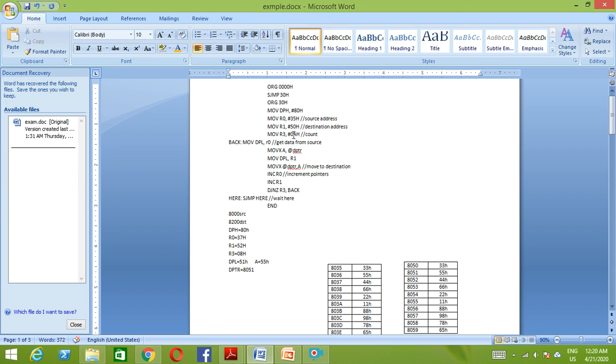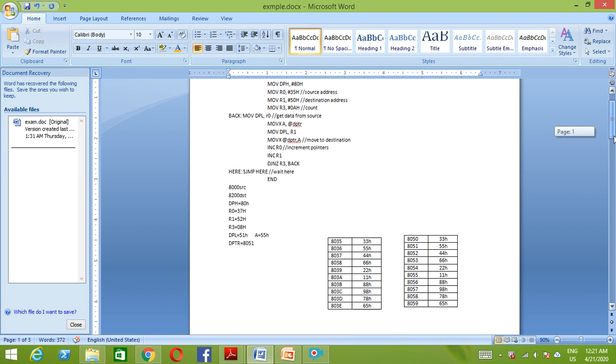Suppose you have 15 values that you want to copy from one location to another location, then you can have 0Fh as the count. So based upon the number of values you want to have transferred from one location to another location, this can be done, right? So this is how you can do the same program in different methods, based upon the application, based upon the problem statement that is being asked, so you can change this, right?